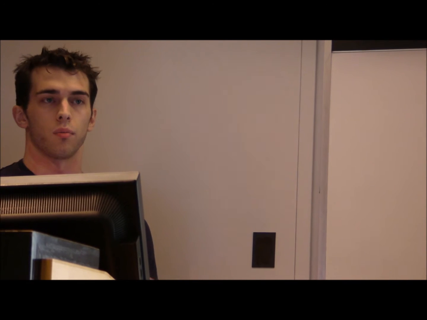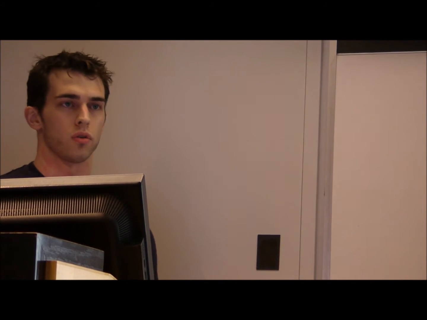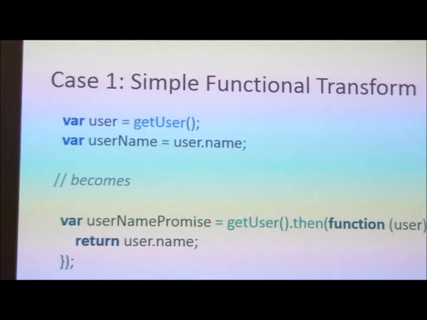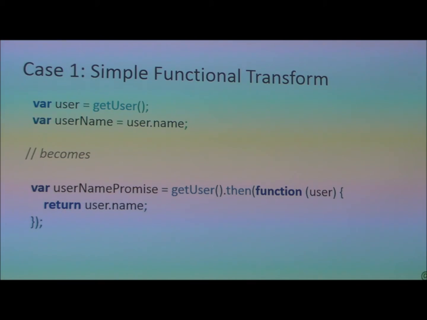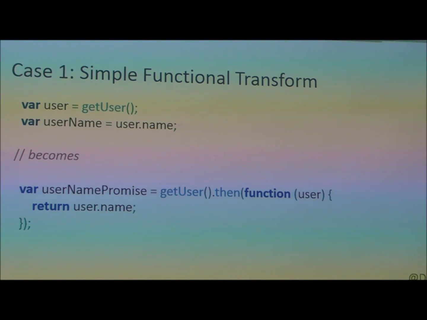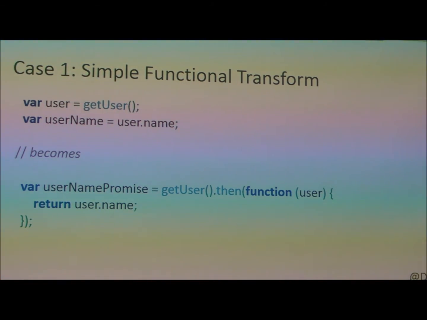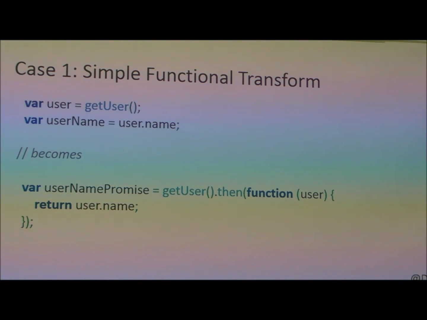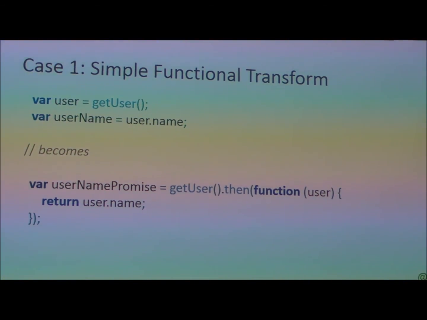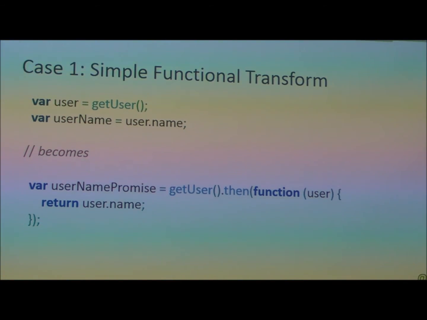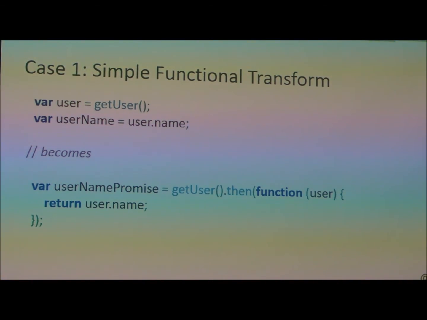So if you have synchronous code that just does a transformation on a value, it gets a user and then it gets its name. In promises, you would write that get user, and you have this asynchronous value, this user promise, and then you call .then, you get access to the actual user object, and you return the user.name. And now, because of that transformation property we were talking about, if you return a value that's not a promise, you get a new promise for the username. Everybody following this? Please ask questions.